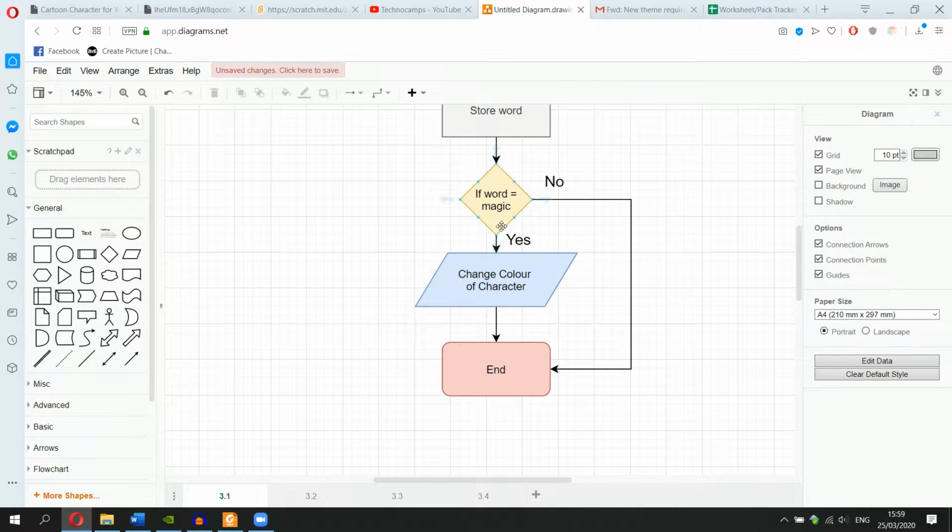Because it's only one branch, if you look at the branches, if it's yes, you go down this way. If it's no, you go straight to the end. So the no branch doesn't do anything different. It just skips this step. So because we only have a block on one of the branches, the yes branch,